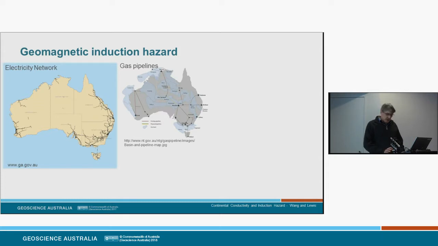So the GIC hazard is controlled by two main factors. Firstly, by the nature of the inducing field. That's the magnitude and the frequency of the variations in the magnetic field, the earth conductivity and the subsequent induced electric field. And secondly, by the actual currents which are going to be flowing in the network, and that's controlled by the parameters of the network, such as its length, its orientation, the electrical properties like the resistance and the grounding points in the network.